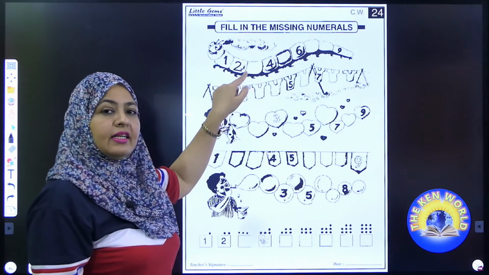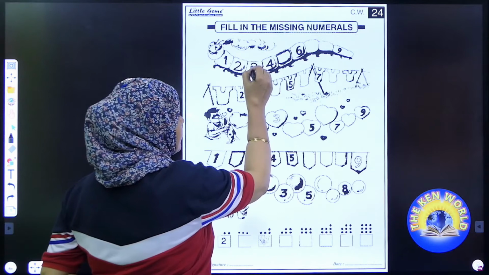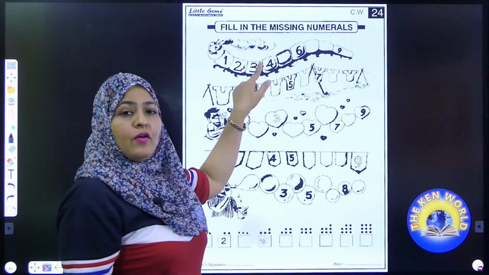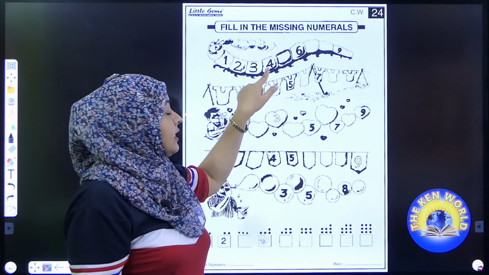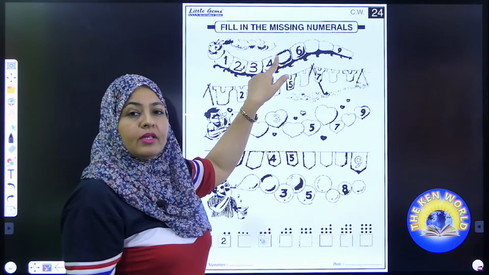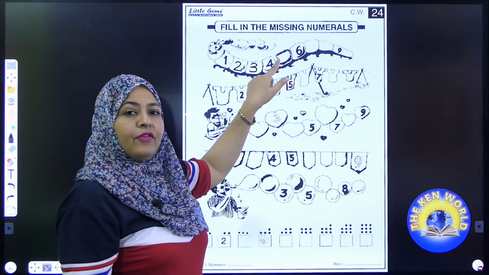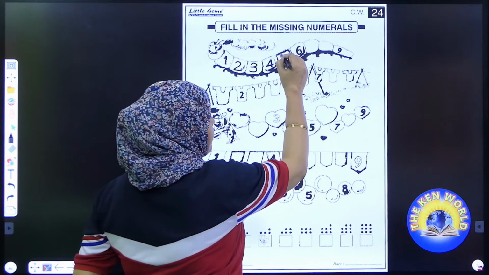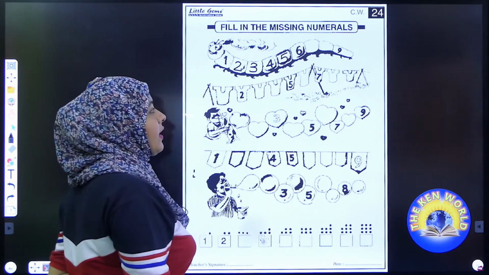So write here number 3. After 3, it's number 4, which is here. So we will not write the number 4. So you have to tell me what comes after 4. Great. Number 5. Right here, number 5.